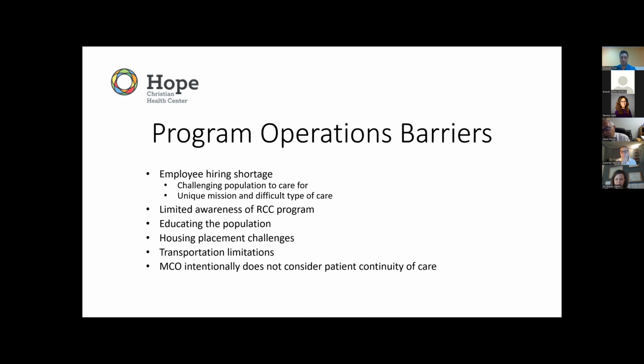So as we work with the MCOs in our area, and we know that we have 4, it is our challenge to let them know that it's still about continuity of care. I go back to the first graph that Rima put up, and we talk about being 48th, 49th, and 50th, and yet we still haven't gotten together when it comes to continuity of care. As an FQHC, as a faith-based ministry, somebody has to advocate for the homeless and come against people who intentionally get in the way of continuity of care for our homeless.